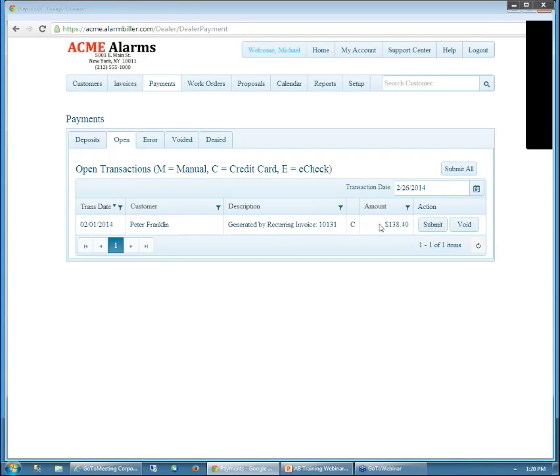And I can either, if there were multiple transactions in here, we could click Submit All, and it would submit every transaction within this list, whether there was 1 or whether there was 1,000, it doesn't matter. You can also individually submit them just by clicking Submit right from here. Now, I do want to show you one thing before I click Submit here, and I'm going to open up